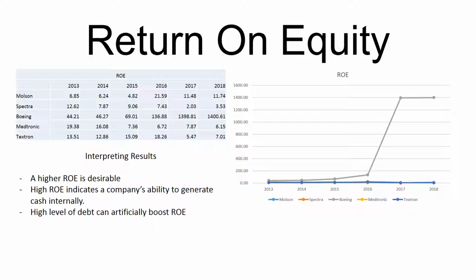So if I had to choose the top company with the highest ROE, it would definitely be Boeing. As you can tell, it had an ROE of 1400 in 2018. Second to Boeing would be